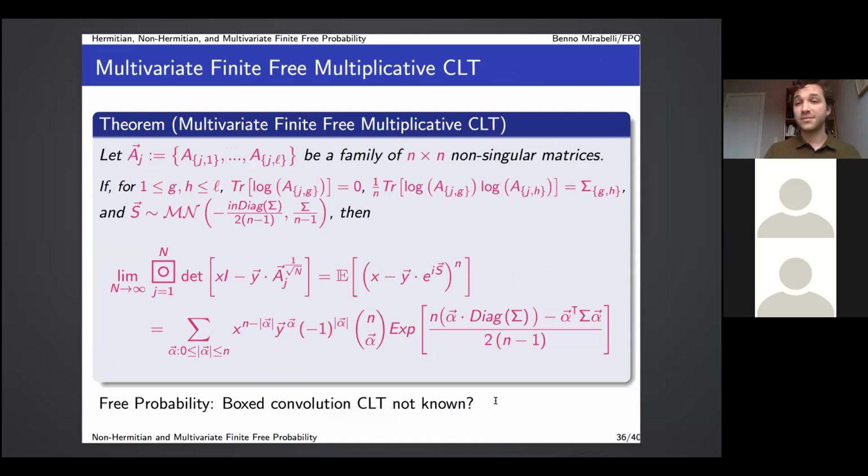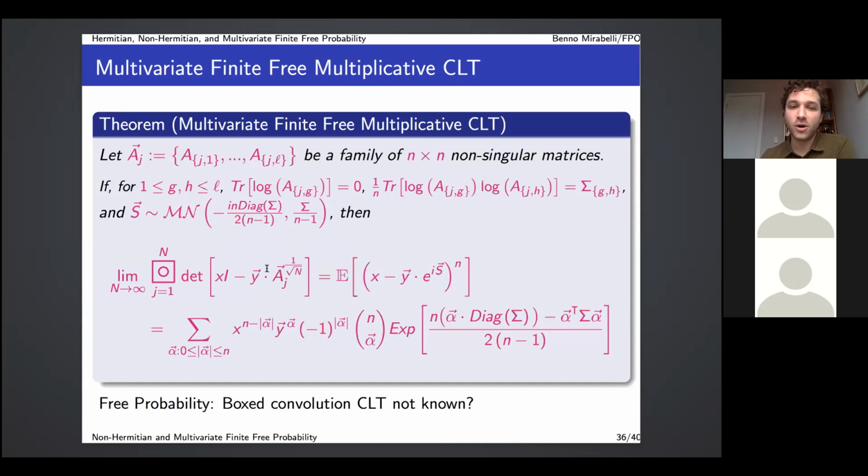All right. Now I'm going to talk about the multivariate finite free multiplicative central limit theorem. So now I have a collection of capital N families of matrices under some constraints again, and I now scale every matrix in these families by raising them to the power 1 over square root of n, taking their finite box product and taking the limit as this number of families goes to infinity, and it converges to this polynomial, which once again I write as an expected polynomial, where here I get the multivariate log normal distribution, which is the multivariate multiplicative central limit theorem of classical probability.